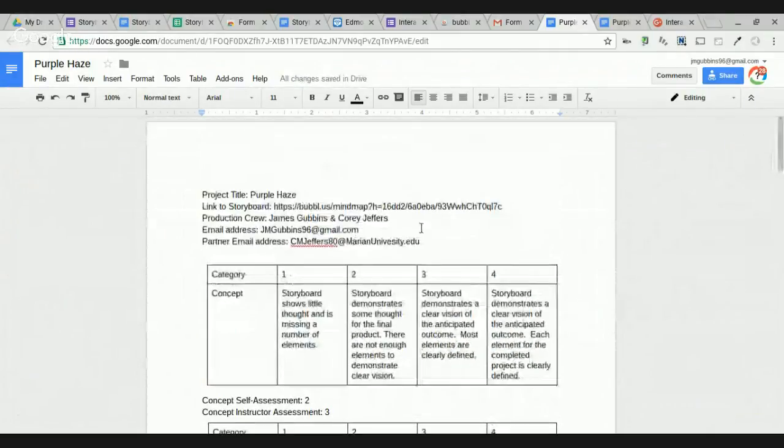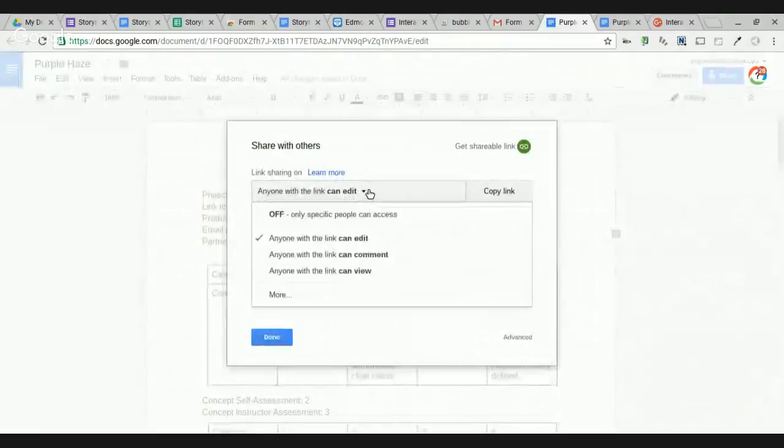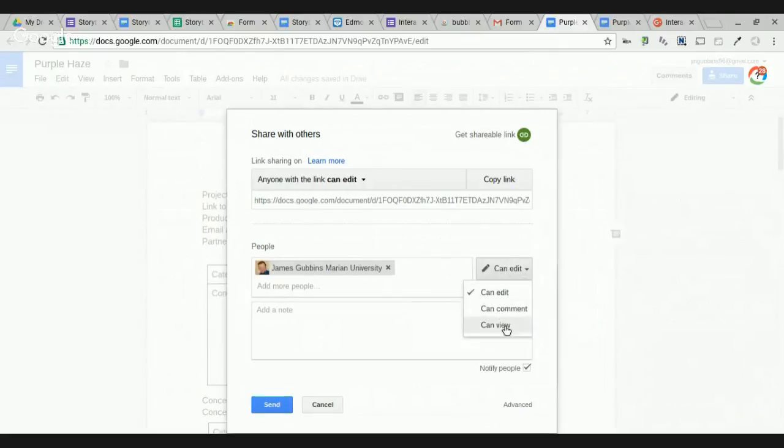And what I can actually do is a couple of things. First of all, I can take the email address of the individuals who submitted the form, and I can then share it with them, giving them view-only rights. And I want to go ahead and make sure I set this correctly. And here are my notes. I can send a little email to the people who have submitted, and then I can go ahead and click